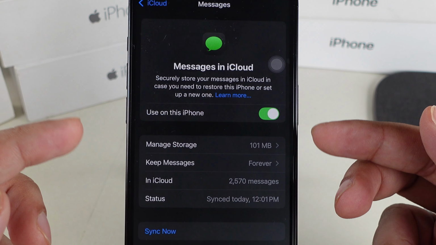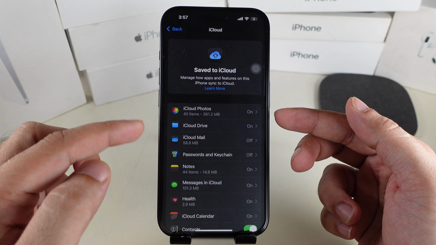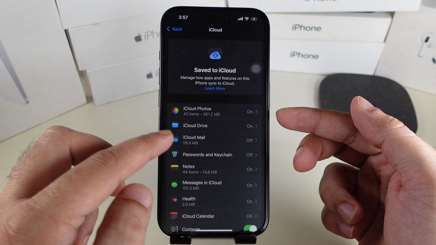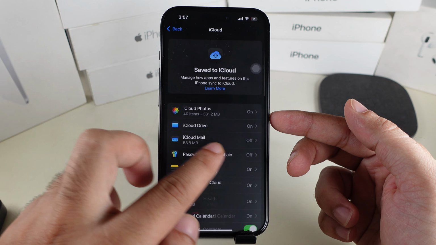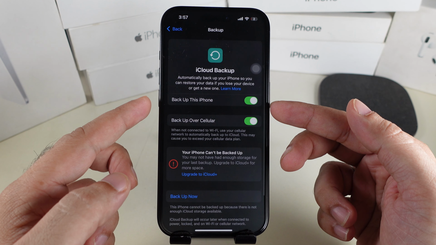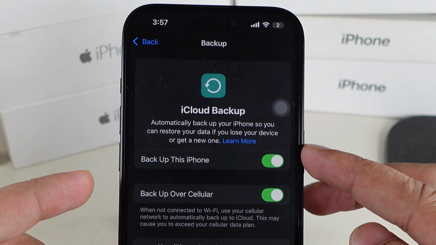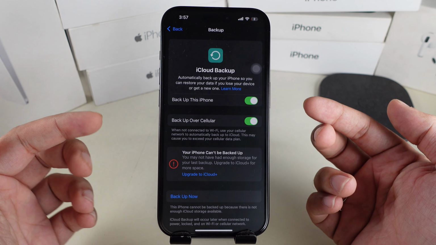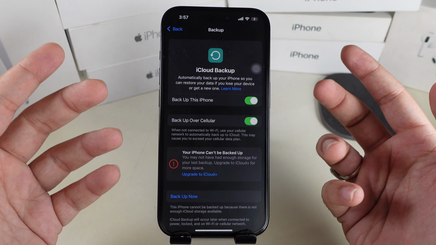Go back and check if you have enabled iCloud backup. If so, then we can restore messages from the latest iCloud backup, as long as the Backup this iPhone toggle and Backup over Cellular toggle are enabled. To keep all essential data in iCloud Backup, find the link for Restore iCloud Backup on iPhone given in the